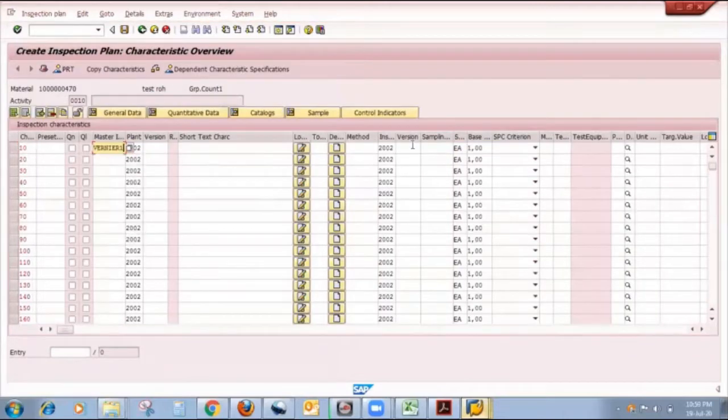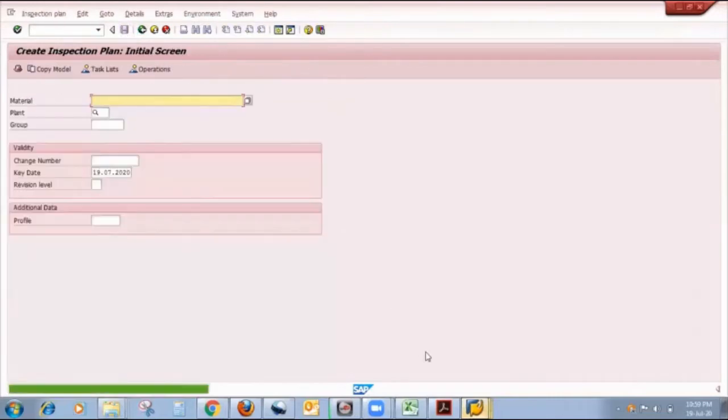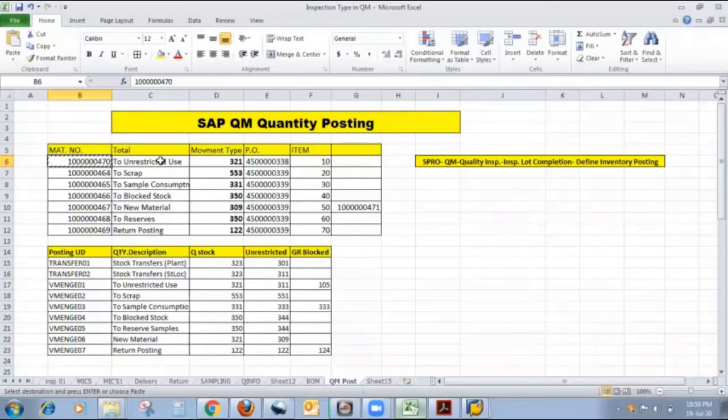Here I want to put my MIC and sampling method. Now I want to save it. So for the first material, I will create a sampling inspection plan and I maintain inspection, that is the quality management view, but the rest of the materials I already did it. So there is no chance for creating.